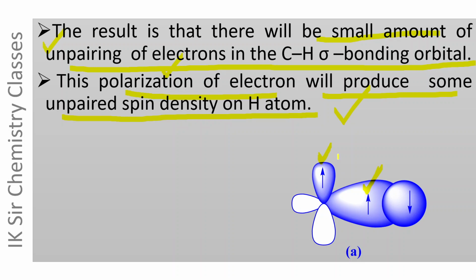Due to this exchange interaction, this electron will behave like an unpaired electron. It means the unpaired electron of carbon atom